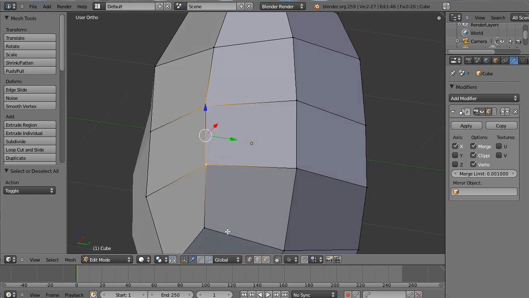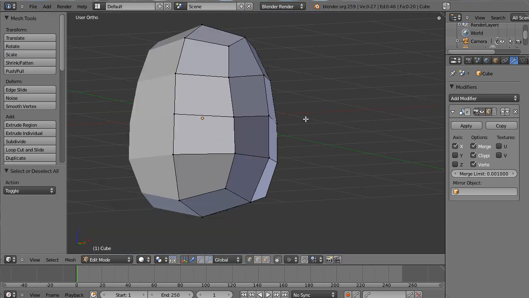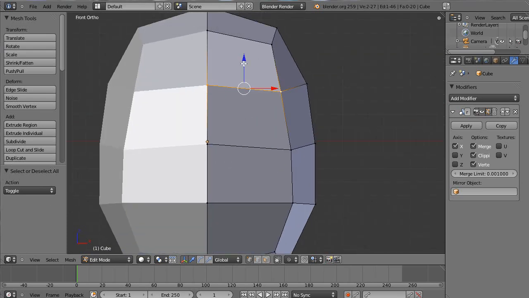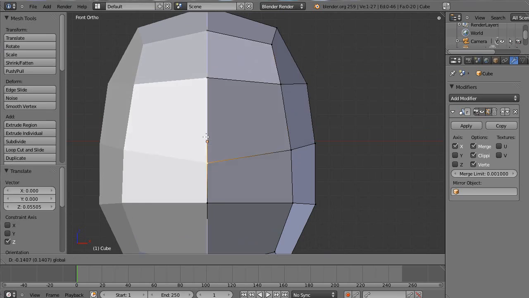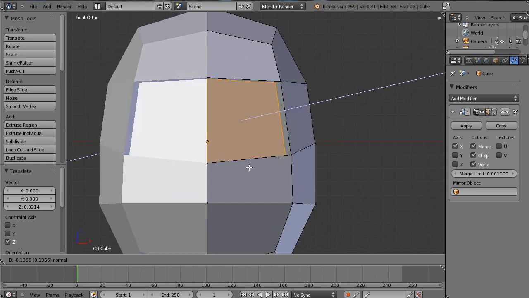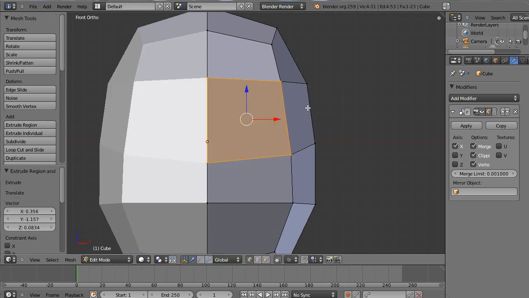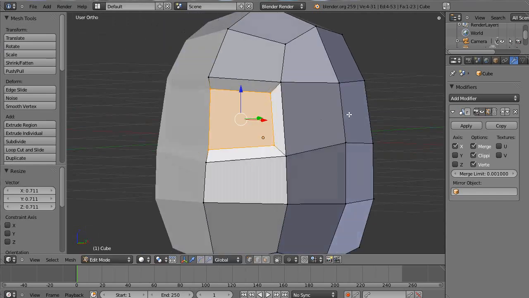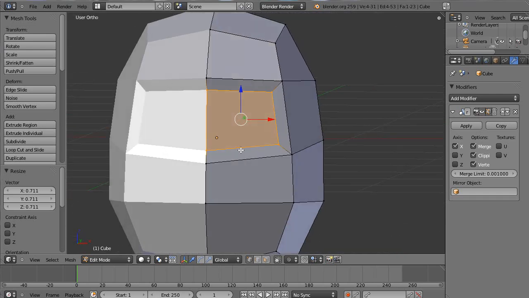So let's bring that in a bit. We'll start off with the eyes and getting the general shape for them in place. So this polygon here will make a good one, and I'll just select this entire polygon, the 4 vertices on it, and E to extrude, and I'll right click to cancel that extrusion, the transformation, and hit S to scale and bring it in. And now we've got this sort of eye area,